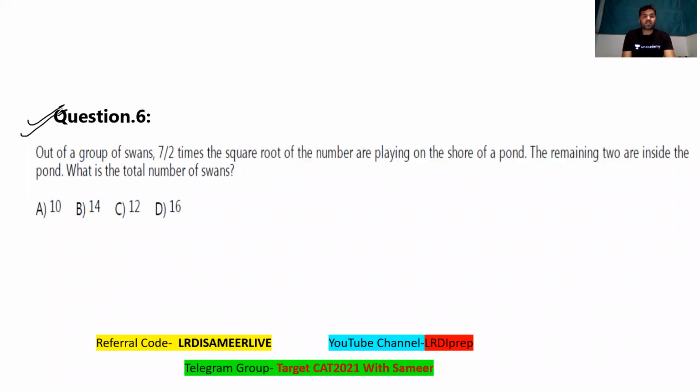So guys, question number 6 of the previous year math paper is: out of a group of swans, 7 by 2 times the square root of the number are playing on the shore of the pond. The complete solution lies in this line. You need to understand the statement. Out of the total number of swans, 7 by 2 times the square root of the total number of swans are on the shore of the pond,